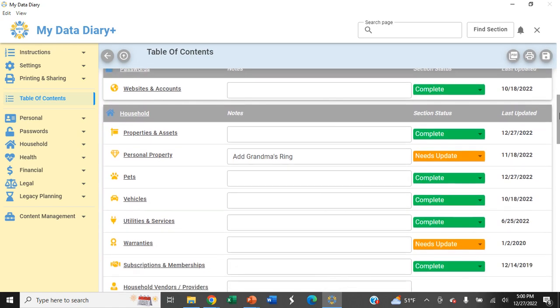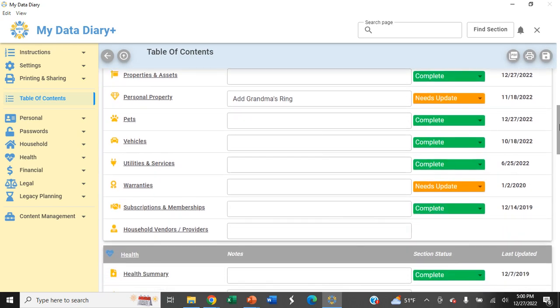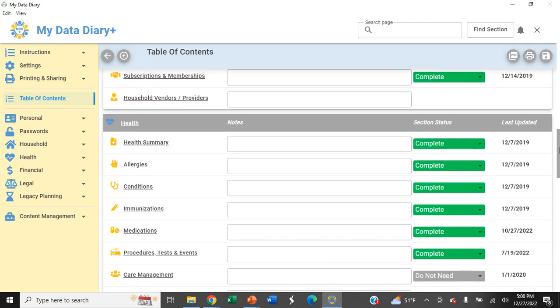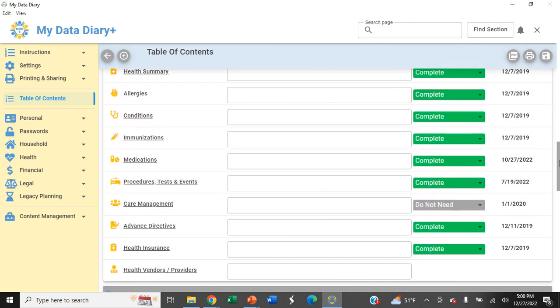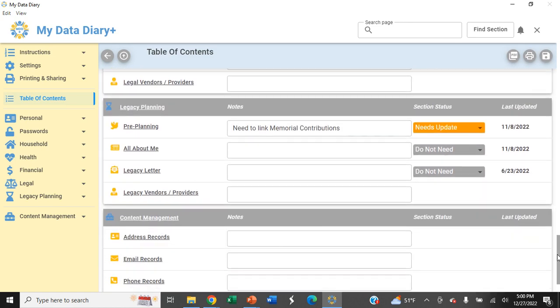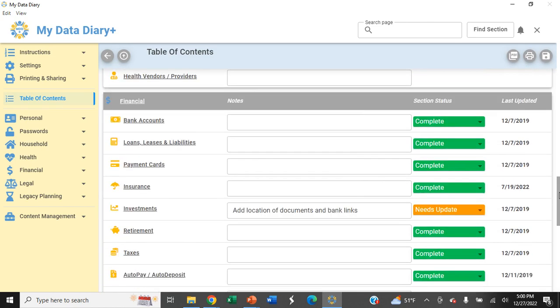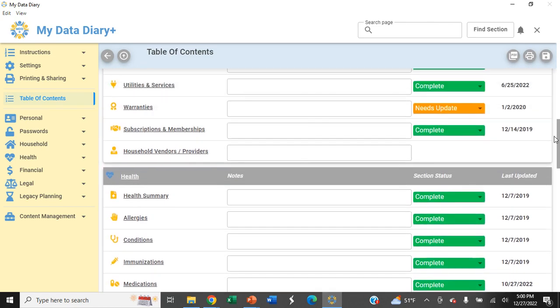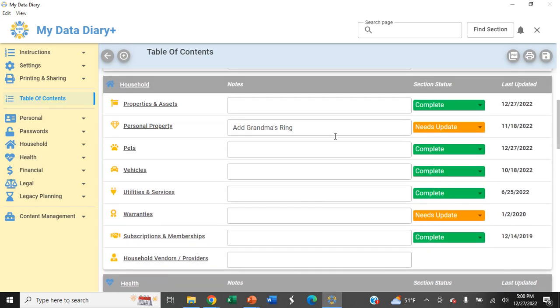And boy, does it look like a lot of information. We encourage all of our users to really take this project on one section at a time, one page at a time, so that you can get all of the information and documents you need to simply manage the business of life. As you scroll through the table of contents, you can see that each page gives you an opportunity